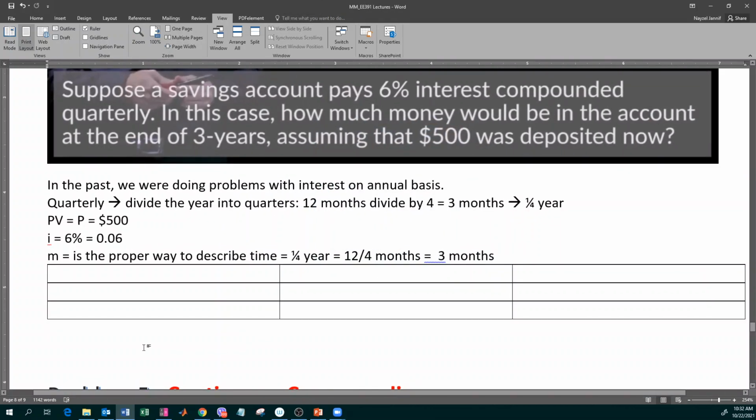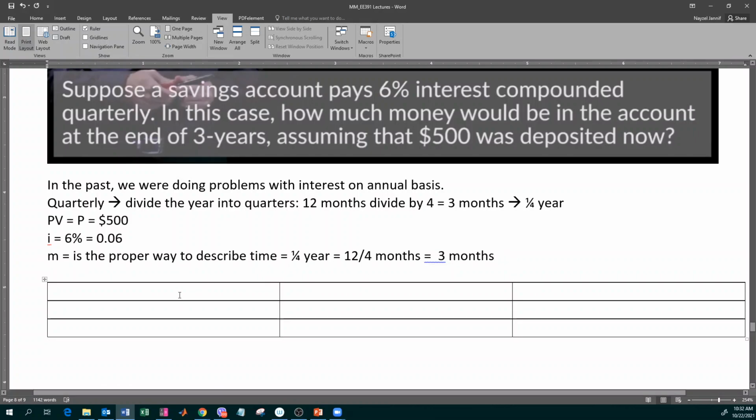Okay, let's now draw this table. We have our present value or principal. We have our I, our interest rate, which will be converted to R, and we have our T, which is equal to N. N is the number of intervals. So time is in years, but N is in intervals. So let's now, in the first line,